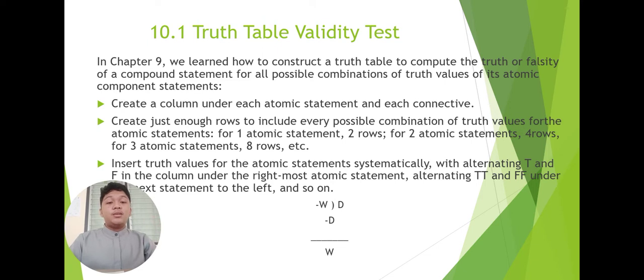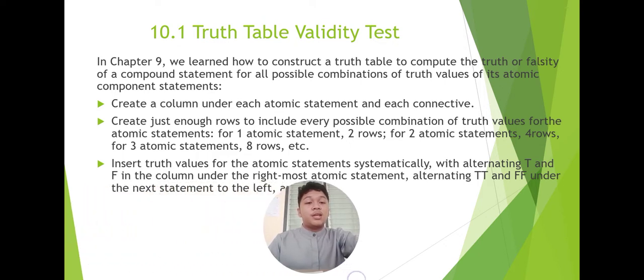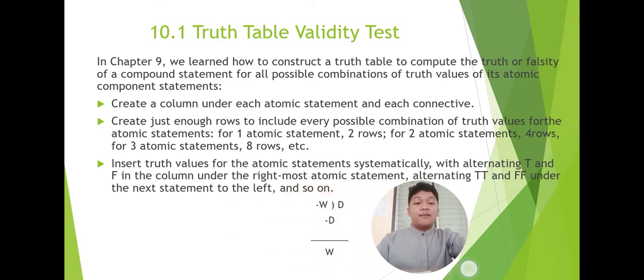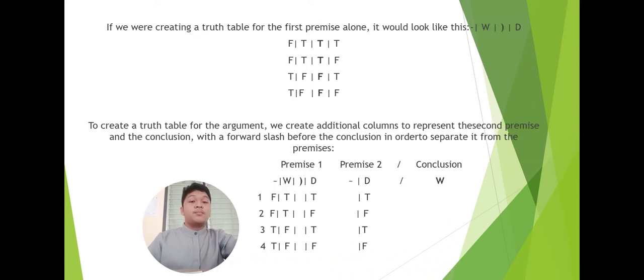So, insert truth values for the atomic statements systematically with alternating T and F in the column under the rightmost atomic statement, alternating TT and FF under the next statement to the left, and so on. If we were creating a truth table for the first premise alone, it would look like this. It looks like W, slash, then close parenthesis or U, then D, FFTT for the first column, then TTFF for the second column, and for the third column, bold and highlighted TT and FF, and then